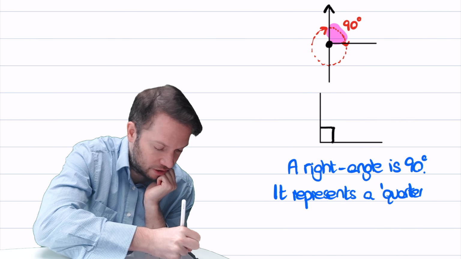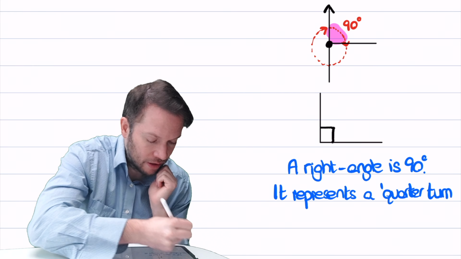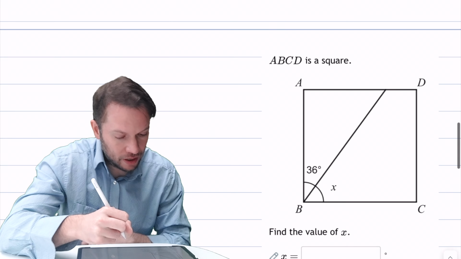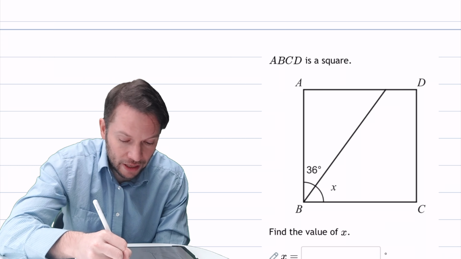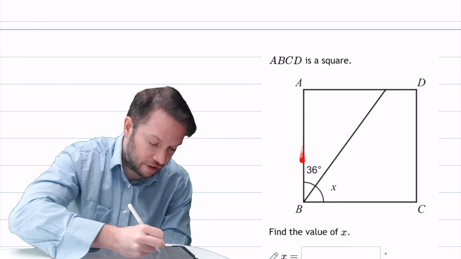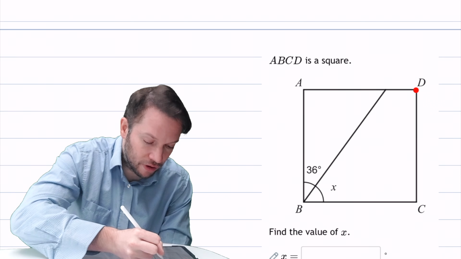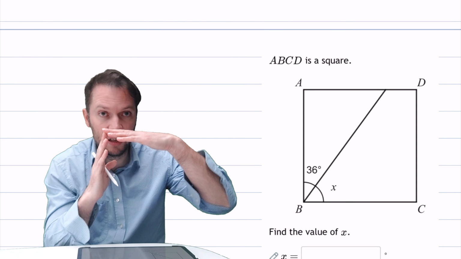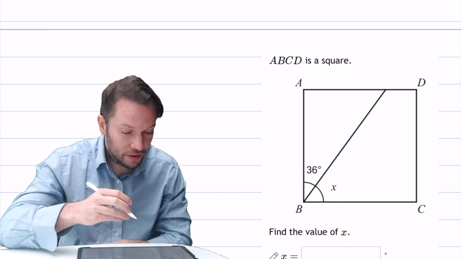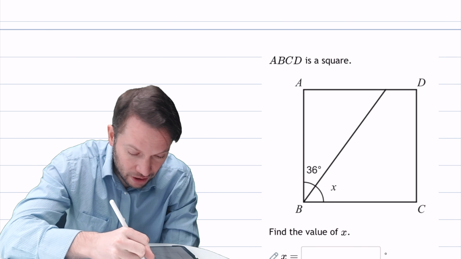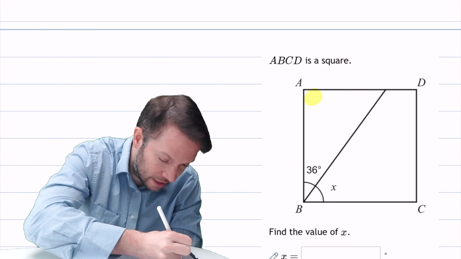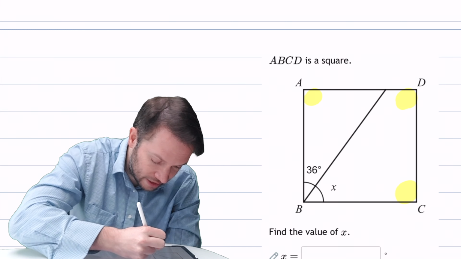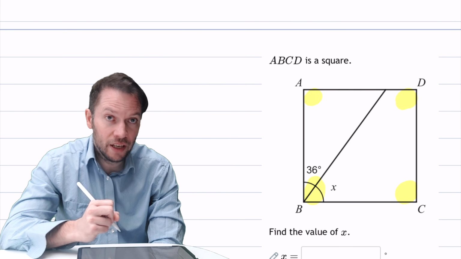Cool. So we're going to use this to solve this problem here. We've got ABCD as a square. And if you think about the shape of a square, we have these right angles at the corners, because you can see each of these corners is like a quarter turn. That's a quarter turn, isn't it? So each of these angles, here and here and here and here, they're all going to be 90 degrees, a